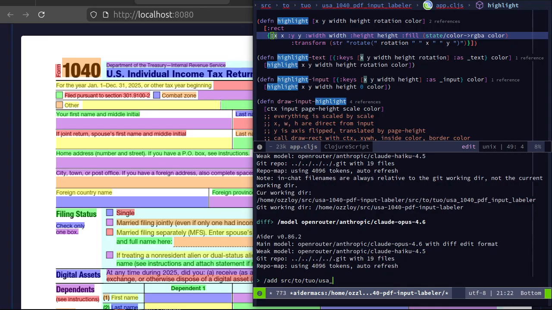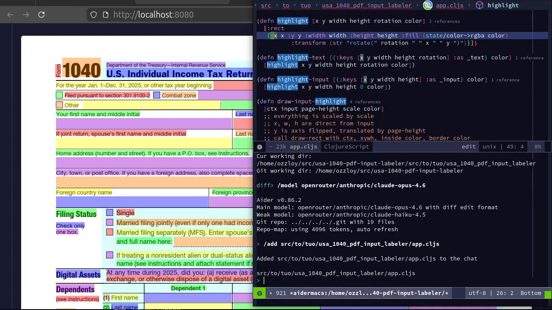Oh yeah, USA 1040 PDF input labeler app.cljs, and then I will ask in ClojureScript, I want to make the highlights